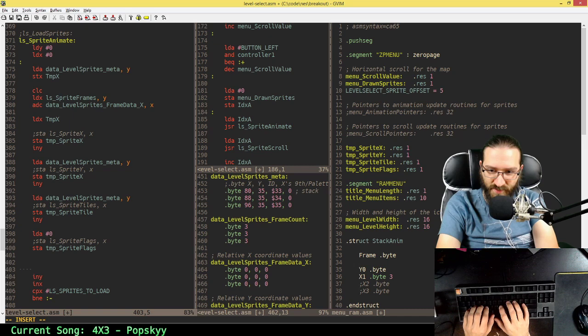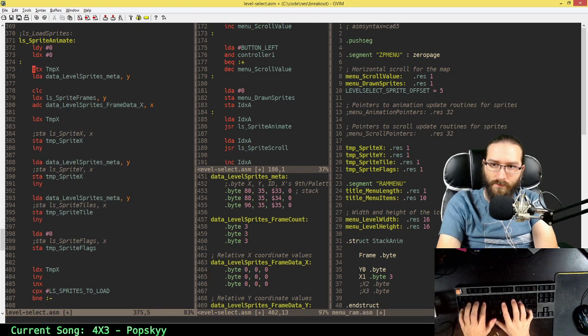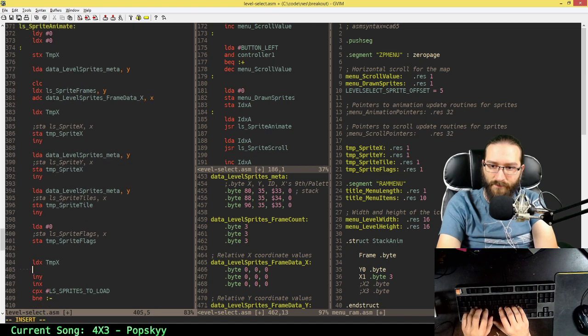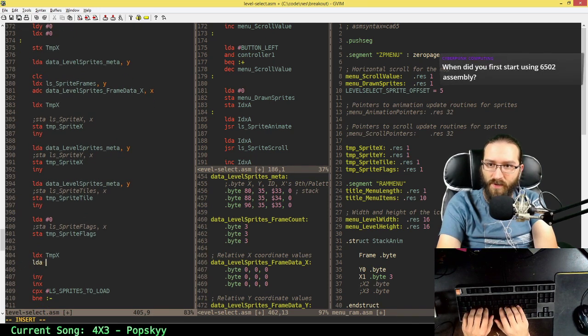Okay, then at the end of all this, we're loading up temp sprite X, storing that into